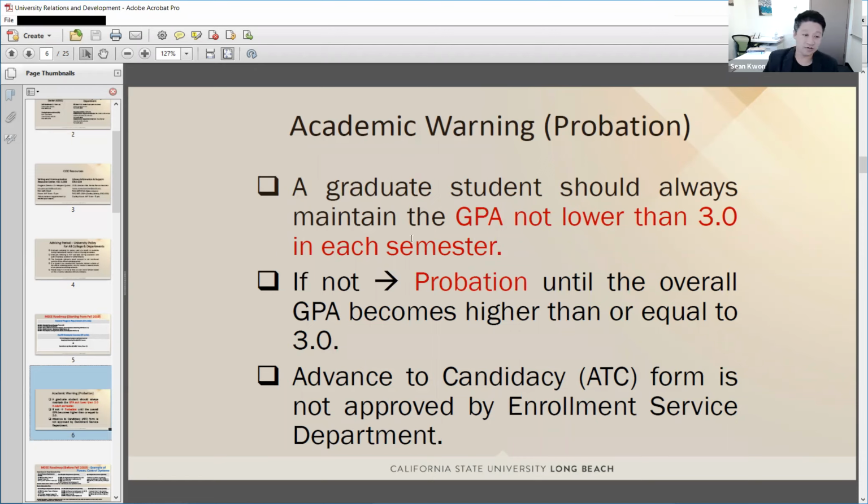In my observation, it usually happens in your first semester or second semester. The reason is that a student in the first semester may not have enough information about the class load or the reputation of the classes.